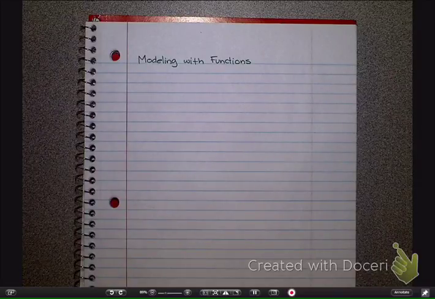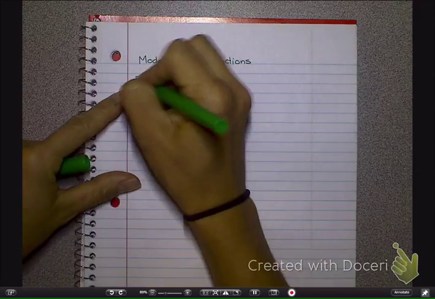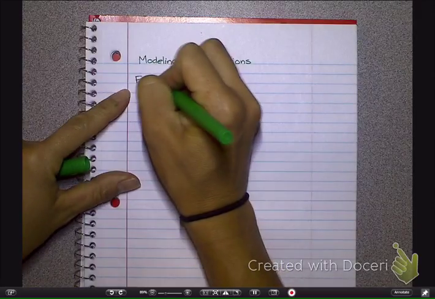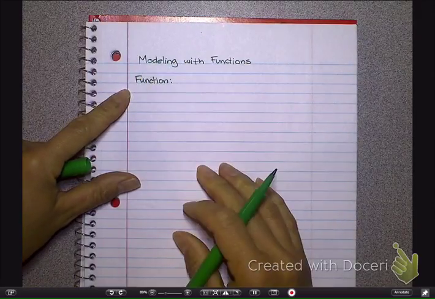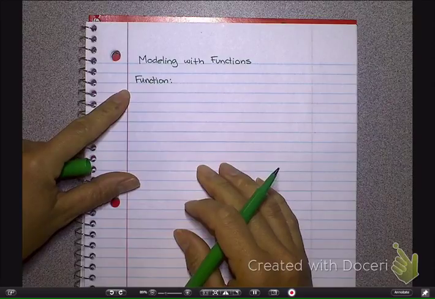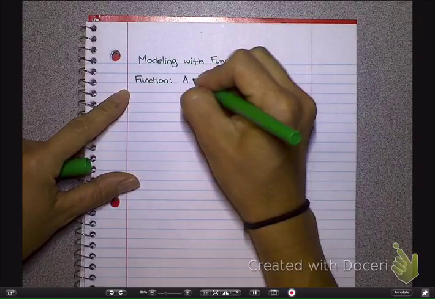Okay, so modeling with functions. First, it would be good if we defined what a function was. Let's go ahead and write this down. This is one of your vocabulary words, so you might want to highlight it. A function is a relation